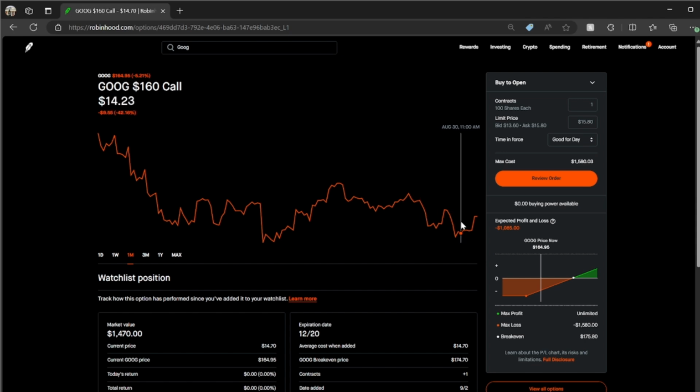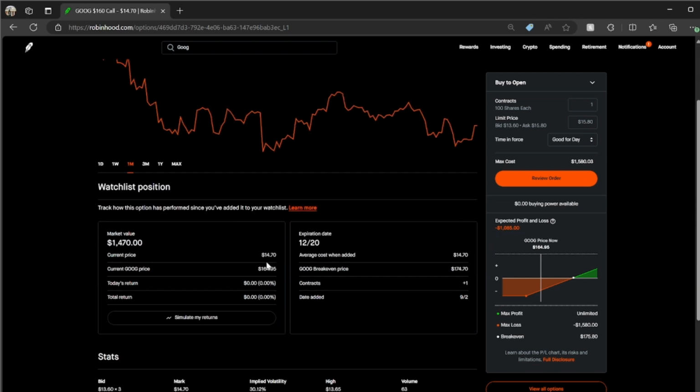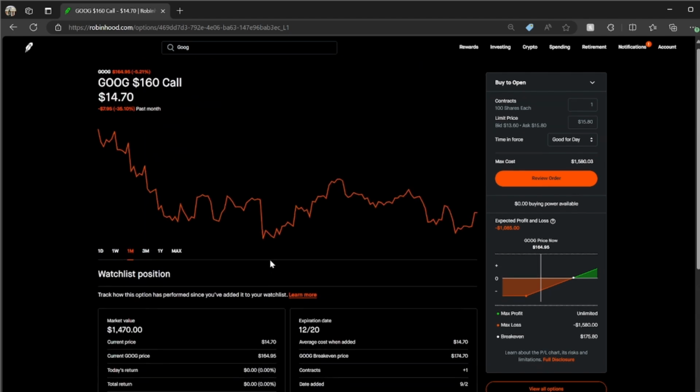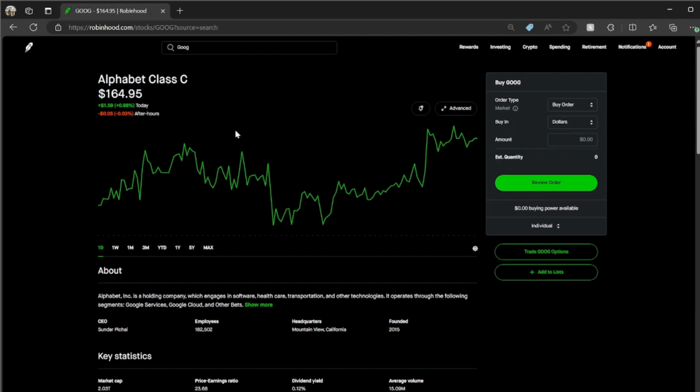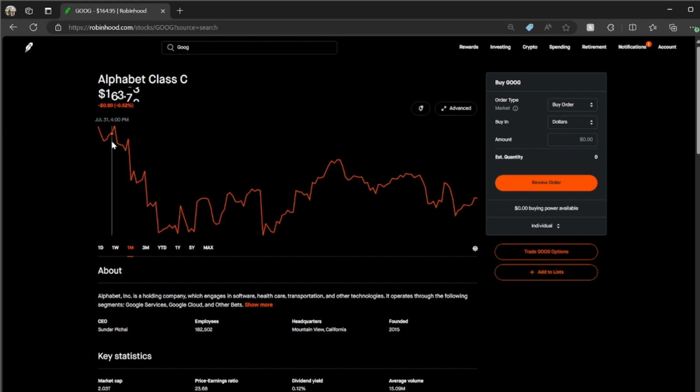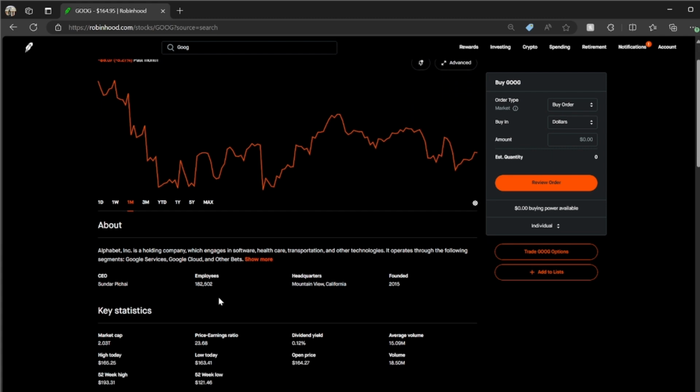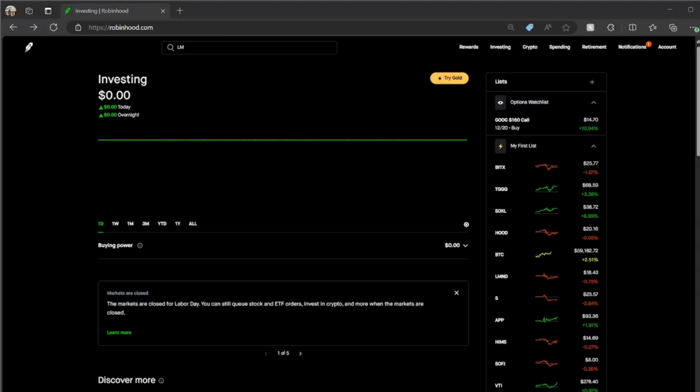So it'll be interesting to see what the underlying change was to the Google stock over that same period. And if you look at it, you can see it was trading in the 170s. We got down to around 160. And then when we got up to around 170, it's about a 5% move in the stock. You saw that relative outperformance on the option. And so that's what options do.